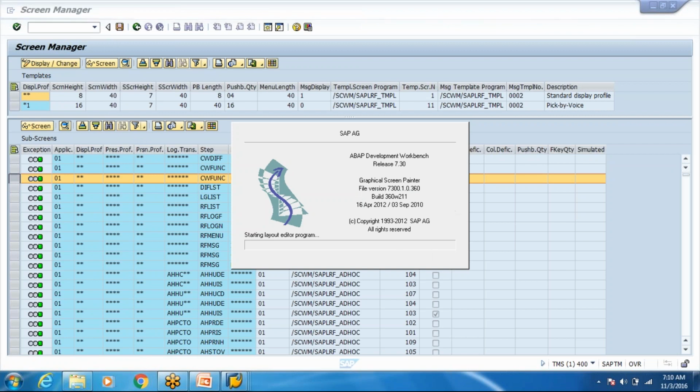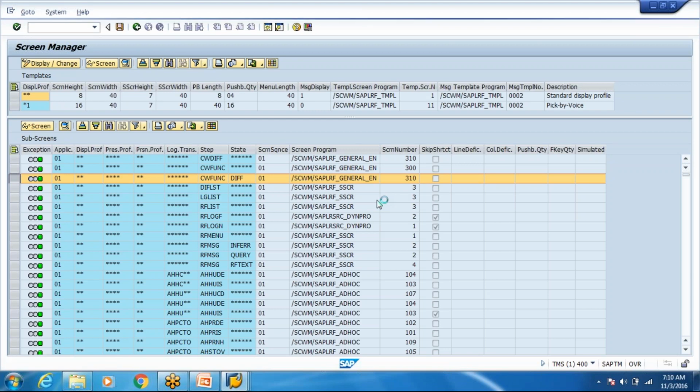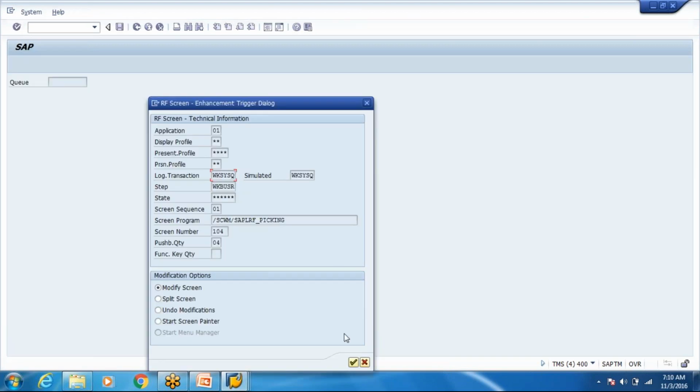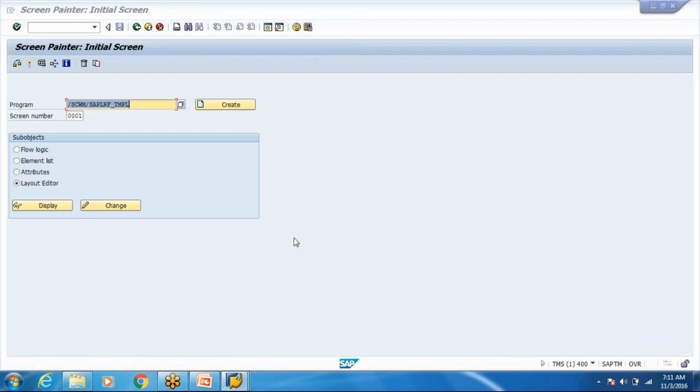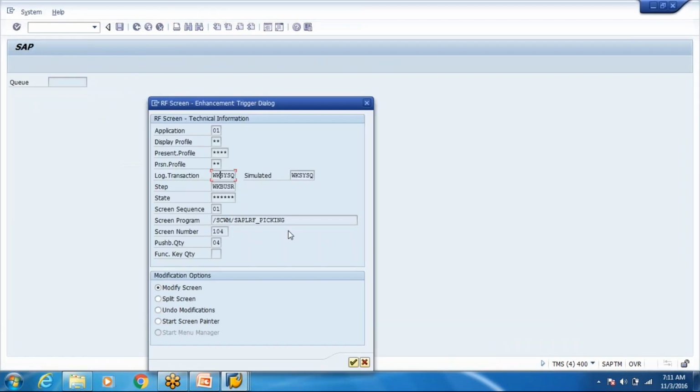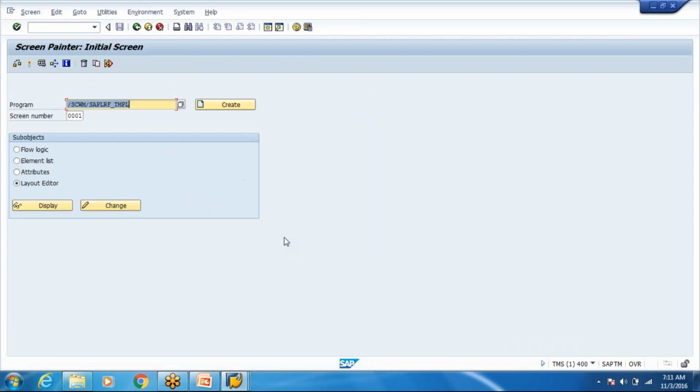You can see, this gives a lot of details: which transaction, which step, what you're doing. So you can see the screen has come here, which is 104, may be used in some or the other transaction. This transaction you can also display C51, any screen that you want to show. Let's say you want to see this 104.